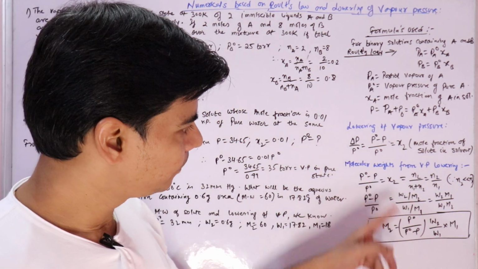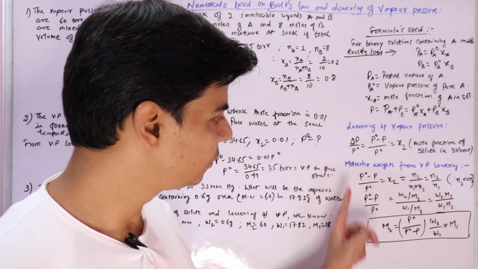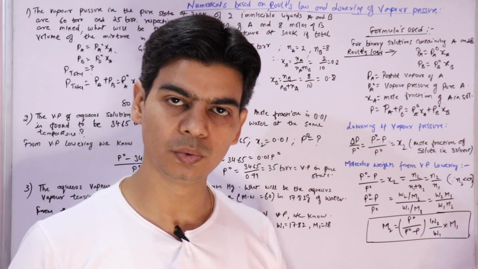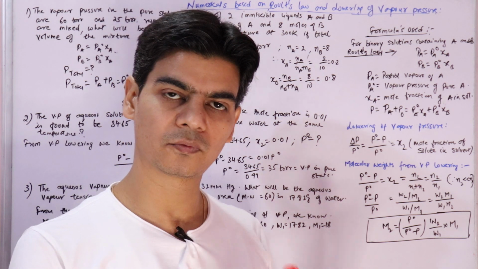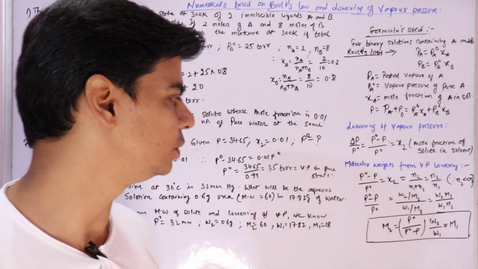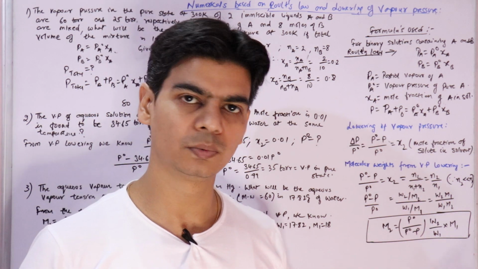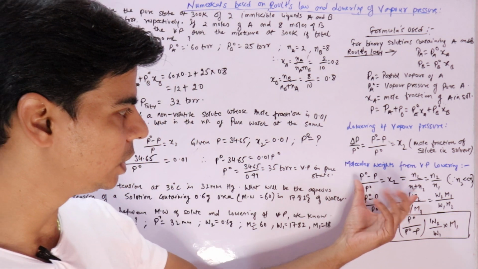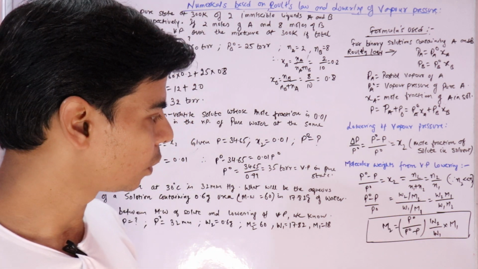And if you want to calculate the molecular weight of the solute from the lowering of vapor pressure, we would be using this relation. Since we know that relative lowering of vapor pressure is equal to the mole fraction of solute in solvent, and mole fraction is the ratio of the number of moles of one component divided by the total number of moles of all the components in solution. So X2 is equal to... this is where we add a non-volatile solute to a solvent, not a binary solution of two liquids.